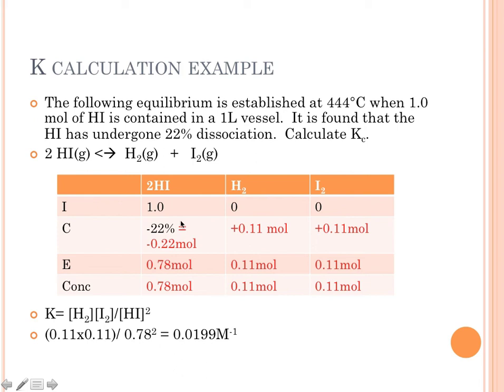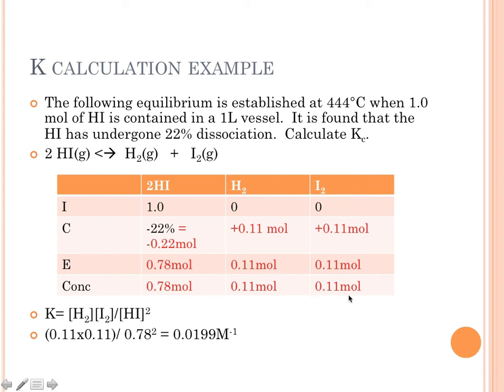That's the whole point of equilibrium. So this is how much actually reacted. As always, we do how much we want over how much we've got. So want over got is 1 over 2, so we're halving it. So these ones go up by 0.11 mole, up by 0.11 mole,